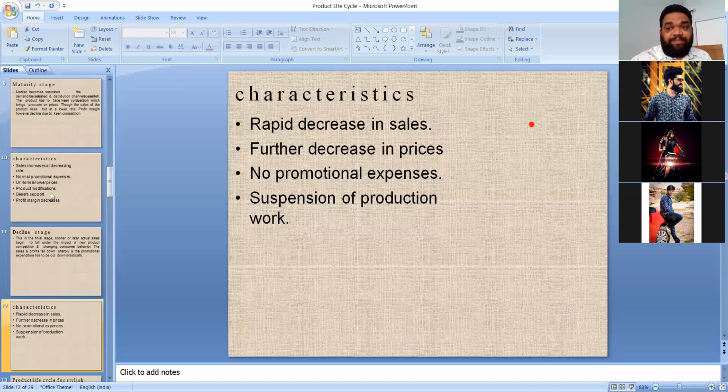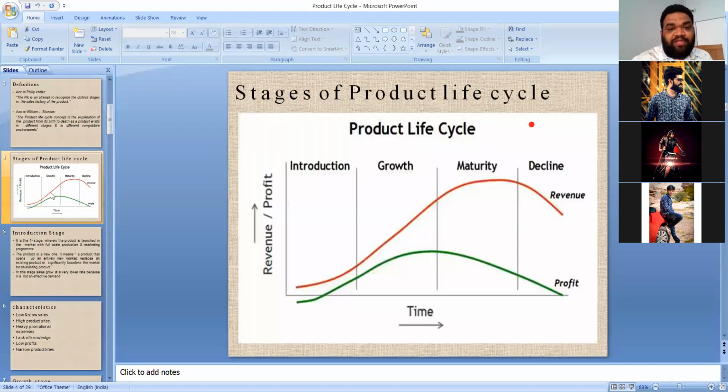If you want to face them and beat them, then in the stages of the product life,